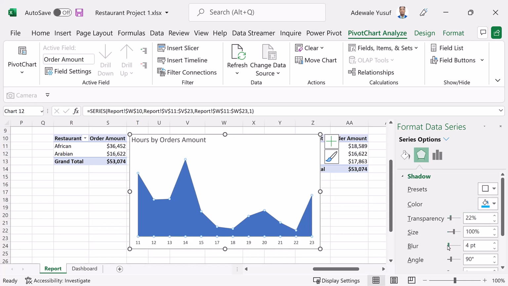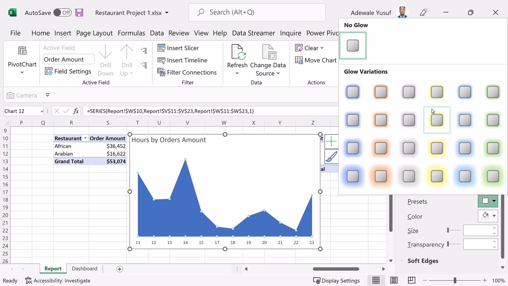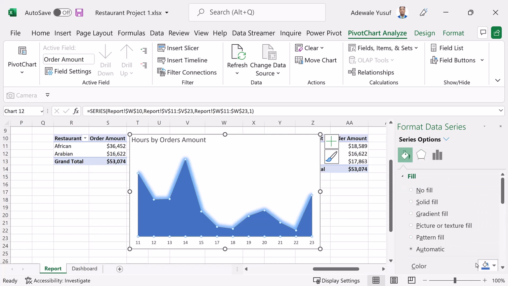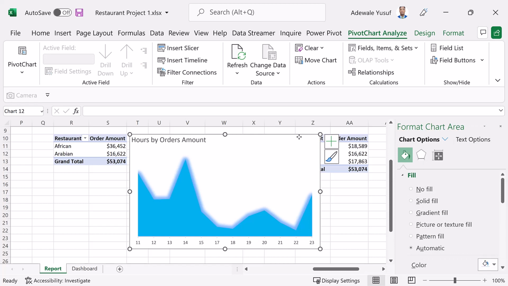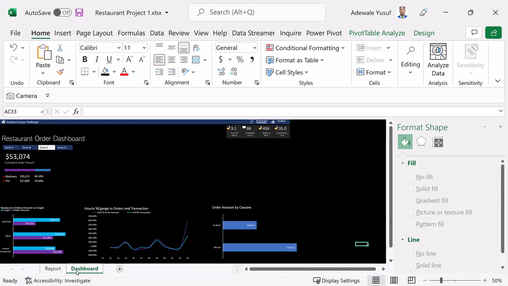The next thing I also like to do is to make it glow. So I'll pick the outside glow, which is this one. I can pick this glow. Okay, so I'm just making it glow, that's all. And what's the color of my actual shape? My usual color. Right, and I'll copy this, cut it, go to my dashboard,